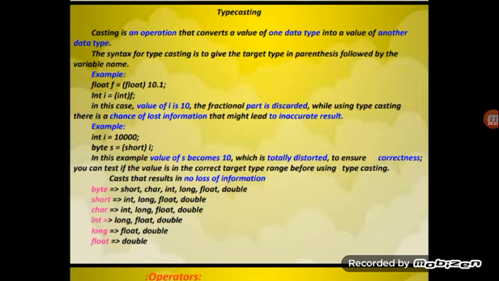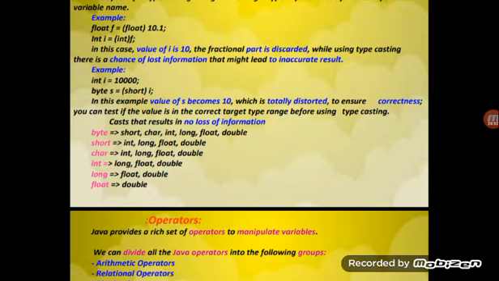To ensure correctness, you can test whether the value is in the correct target type range before using typecasting. Some casts result in no loss of information. In this case, byte can be converted to short, character, int, long, float, double.